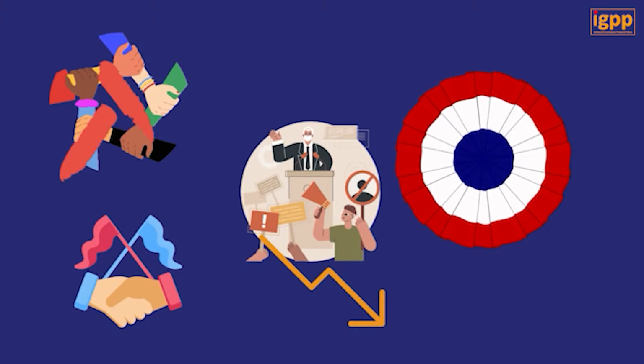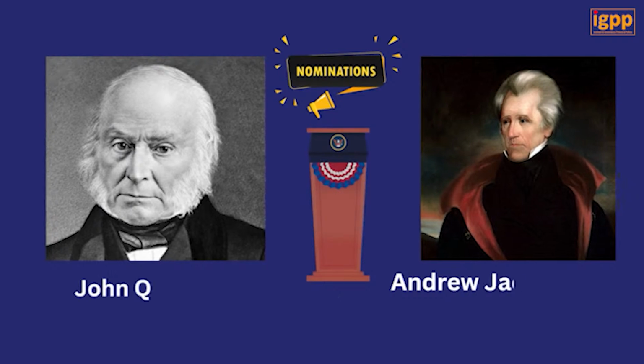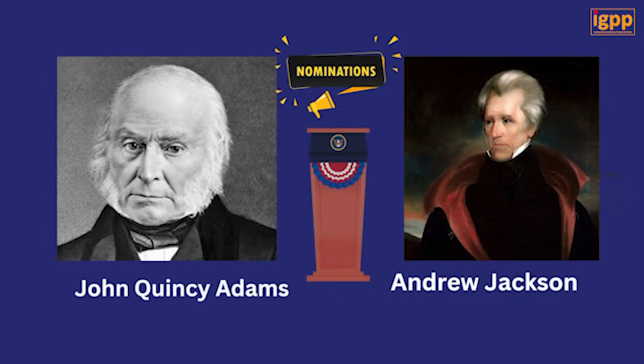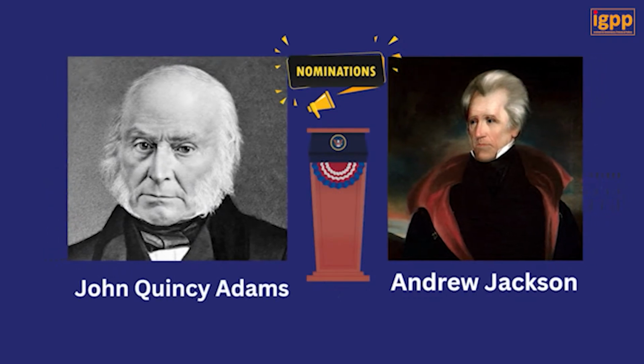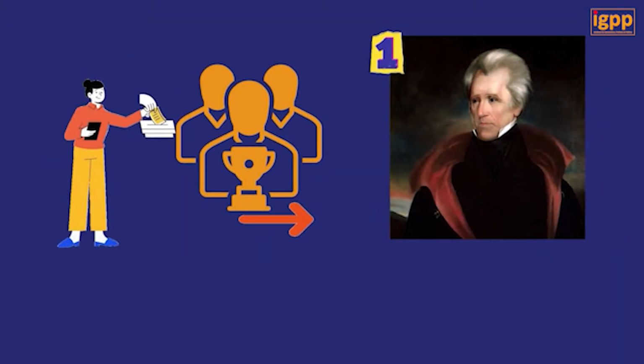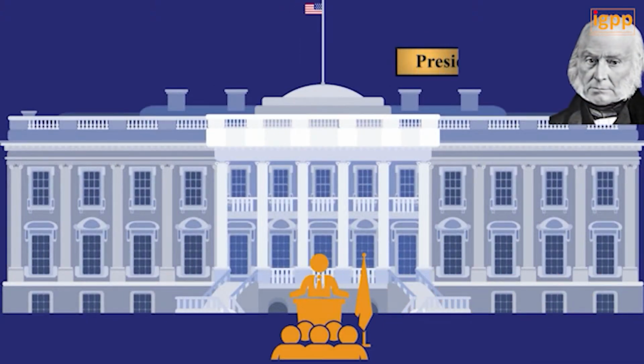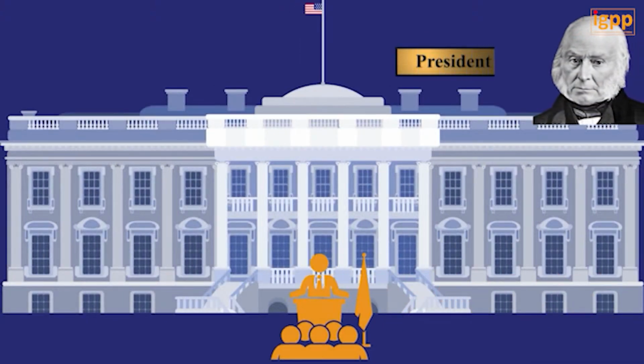The fissures in the party were fully exposed by the election of 1824, when the leaders of the two major factions, Andrew Jackson and John Quincy Adams, were both nominated for president. In the election, despite that Andrew Jackson received the majority of the popular vote, John Quincy Adams became the president. Following the election, the Democratic Republicans split into two major groups.